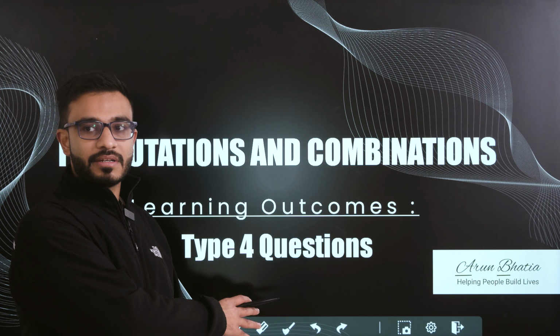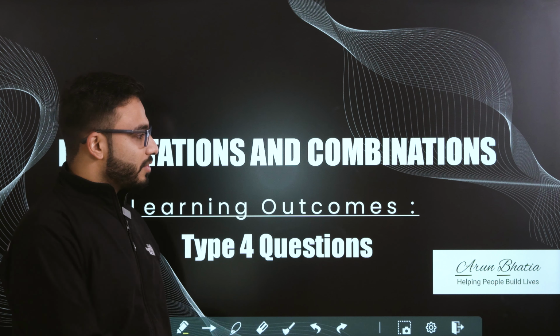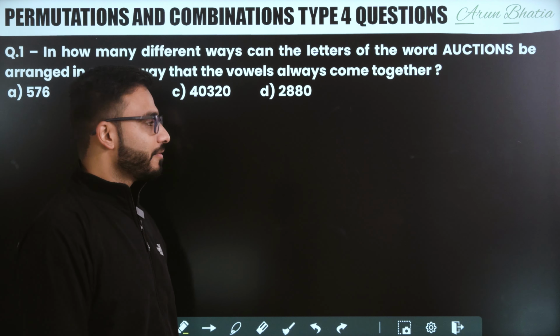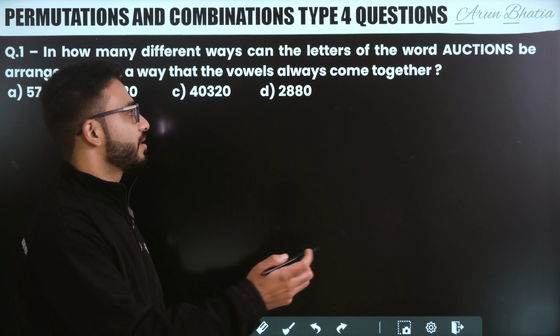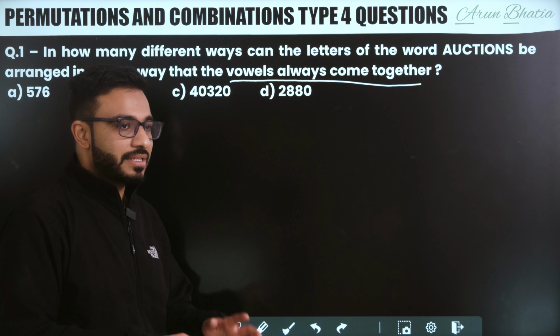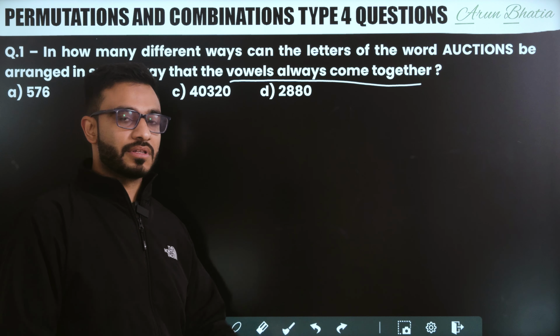This is the fourth lecture in the permutation and combination series. And let's see what type of questions we have. In these kind of questions, there is some kind of condition, some kind of restriction, that, let's say, the vowels always come together. In this fourth lecture, we'll only consider vowels that come together in